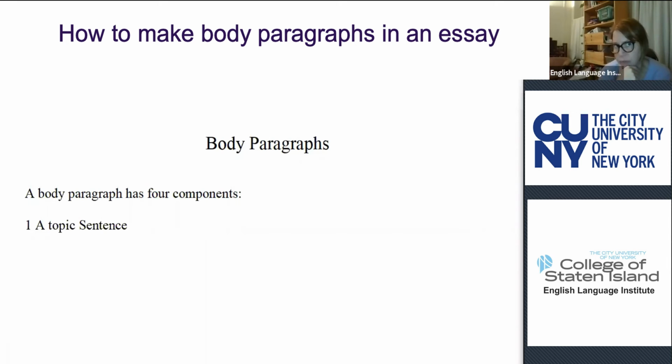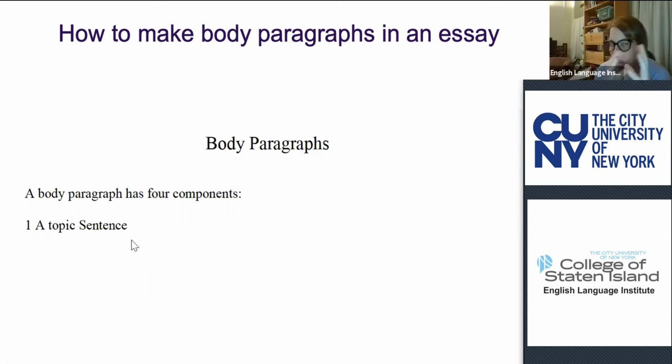This is where you have to learn the structure. A body paragraph has 4 components. It has 4 parts. Sometimes these parts are not in order. Sometimes one of the parts might have 1 sentence. Sometimes another part might have 2 sentences. So the 4 components of a body paragraph, the first one is called a topic sentence,